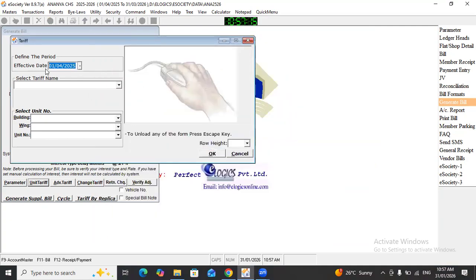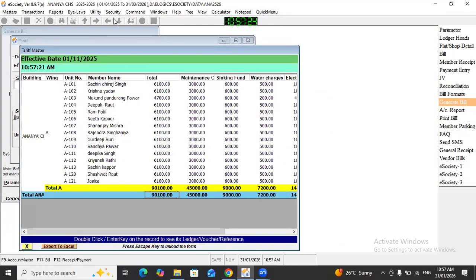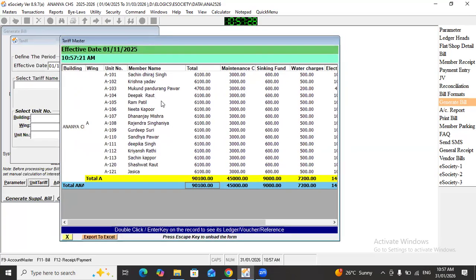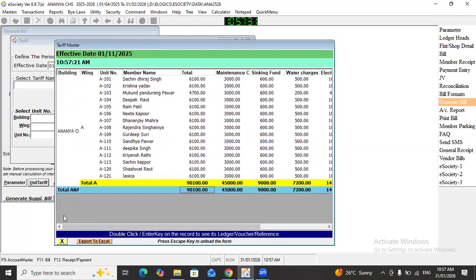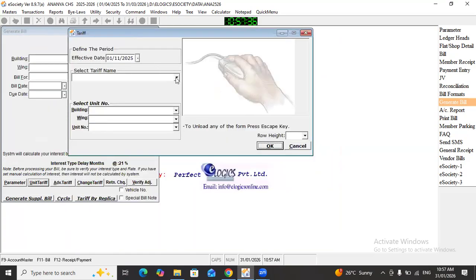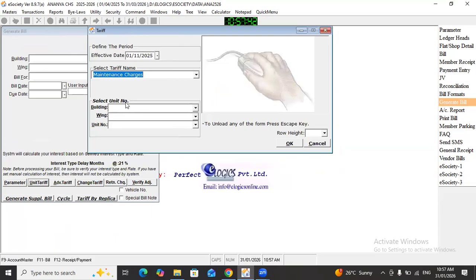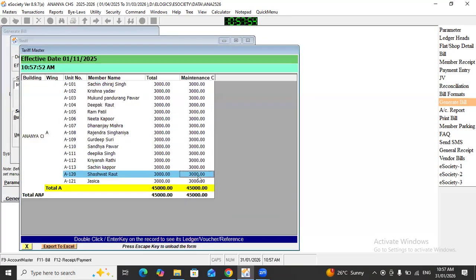Now the second tariff we applied on November. Enter the date and click on OK. This will show the tariff master of November month, the tariff which we applied on November month. If you want to see only a particular tariff, then enter the tariff name, like maintenance charge. If you want to view only the maintenance charge for all the members on this effective date, select only that tariff name, then click on OK. Here you can see only the heads we selected showing tariffs